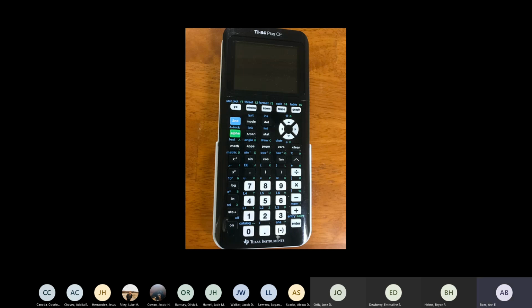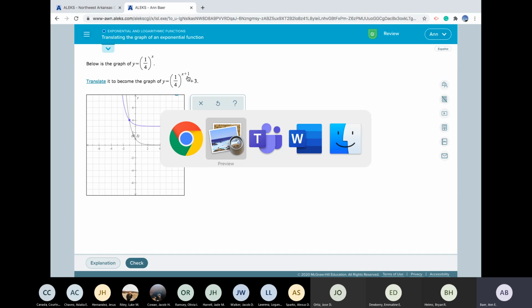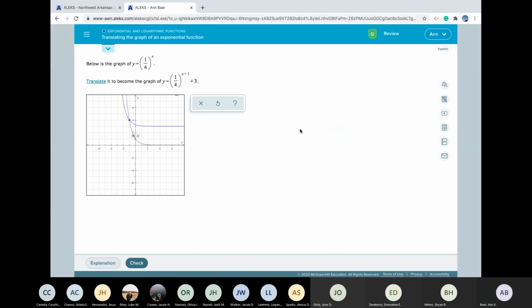And you will see me use the calculator more and more as we go through the course now. So it's important to bring it to class. So then after I put in -1 for x, we need to put in +1 here. Right arrow out of the exponent. So a right arrow is right here. These are the arrow keys here. Right arrow that way. And then that'll get me back to the normal line of writing. And then we have to add on that 3 at the very end and enter.